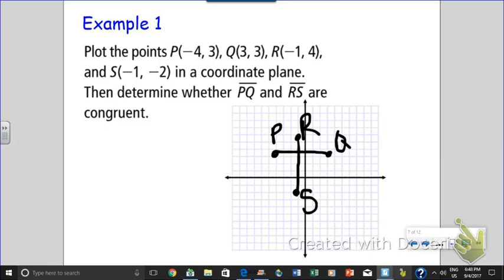We can see that we can count out how many units that these are. 8 units for RS, 7 units for PQ, so they are not congruent. Our next example